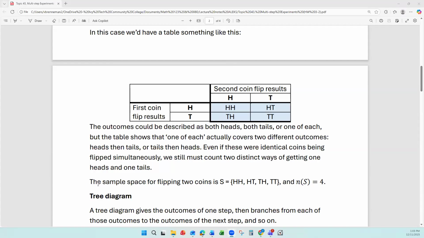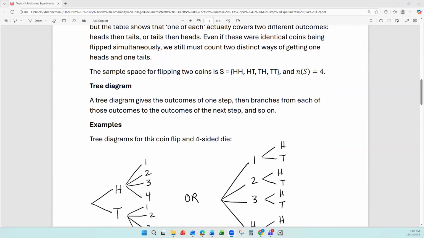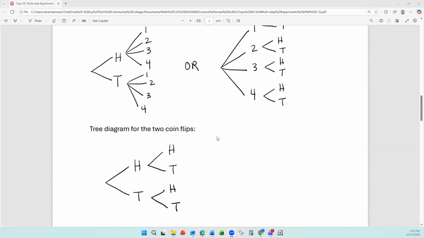So what we do is we impose an order onto this. Even if they're two quarters, they're still two distinct physical objects, but it's easier to distinguish by just a first, second versus like the two objects. So we'll write TH versus HT as two different outcomes. These can also be represented by tree diagrams,